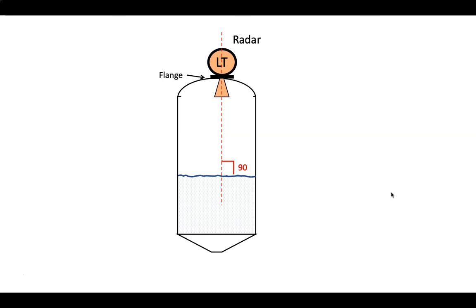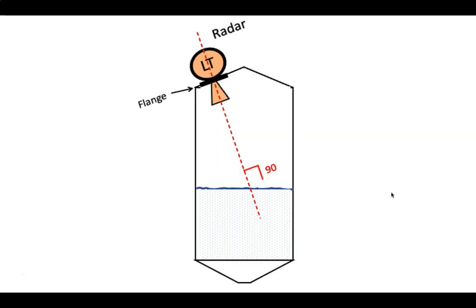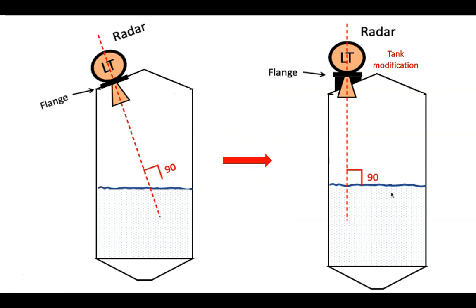So now imagine you have bought a radar level transmitter, quite expensive, only to find out that when you install it, it will never be able to be perpendicular to the liquid that is in the tank. And now the factory needs to make adjustments, and then they need to change the fittings on the tank, all to accommodate this level transmitter that you bought. For that case, it was much better to use a hydrostatic level transmitter, depending on the material that is in the tank, of course. But those are the thoughts that you should have, or the way that you should think